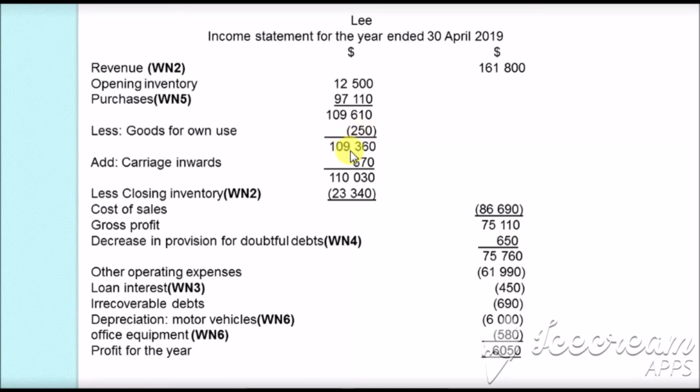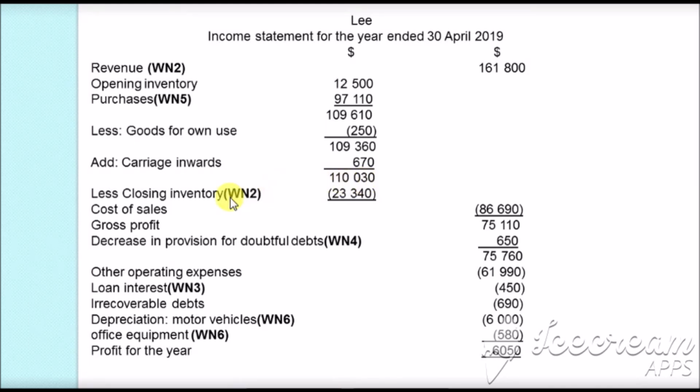We'll get the value as $109,360. Then we will add the carriage inwards. This is the transportation cost of getting your goods to the factory. This is the transportation cost on the purchases. Hence it will be added in our cost of sales. So we will add $670. We'll get the value as